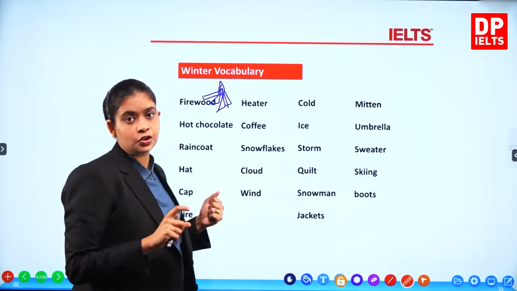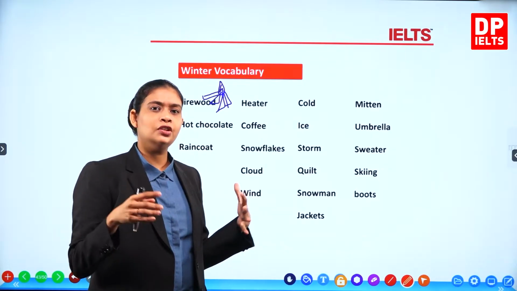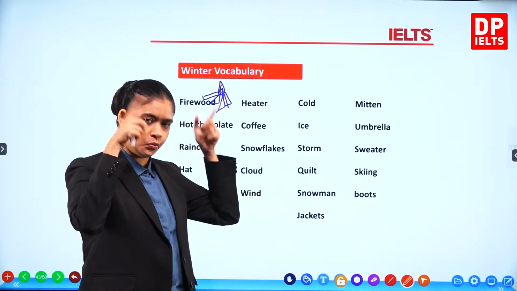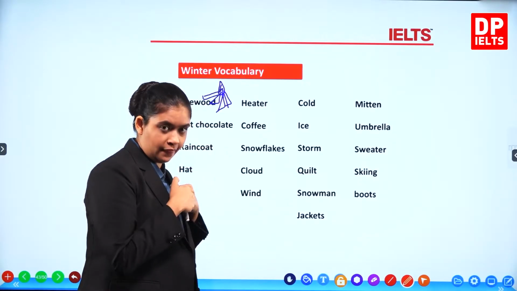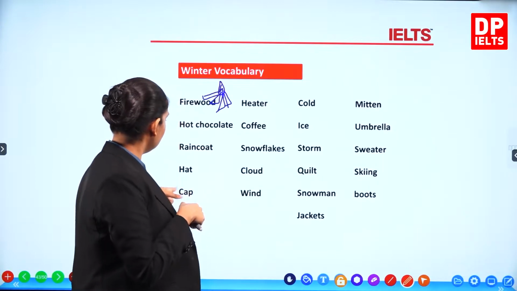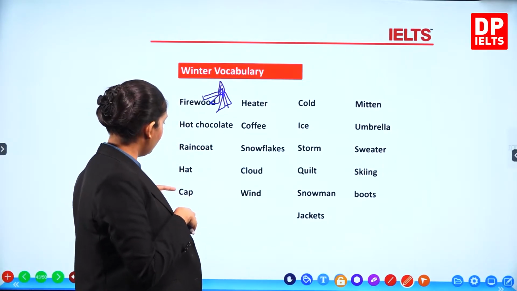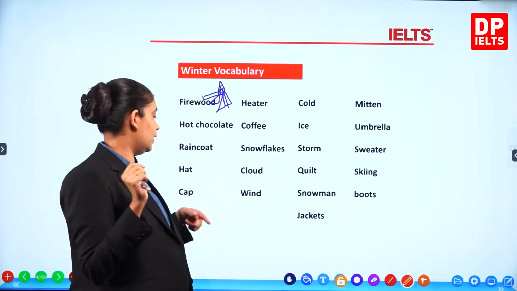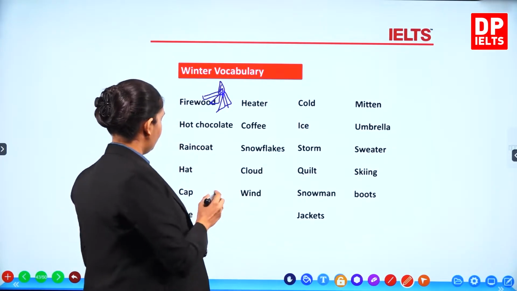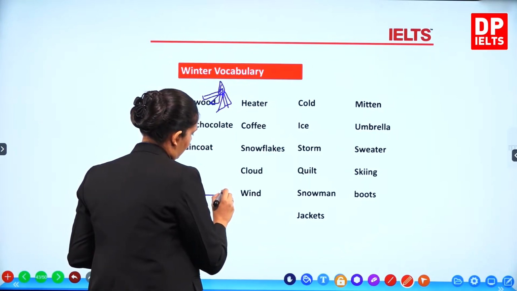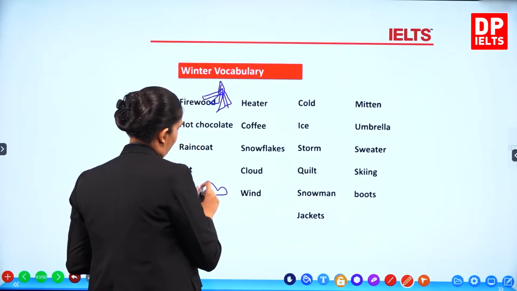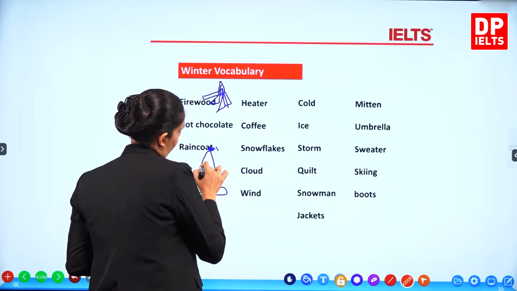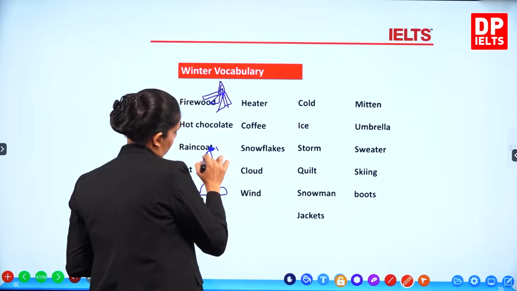Raincoat is something that you could wear. It's not usually the simple raincoat that we have here, but the thick raincoats with the hoodie, because you can just put it and then go along, okay? You can wear a hat, a cap, okay, to protect your hair and head from the cold weather. So the cap is the one that looks a bit like this, okay, and the hat would be something like this, like the little one on top, okay, and you've got the lines there.